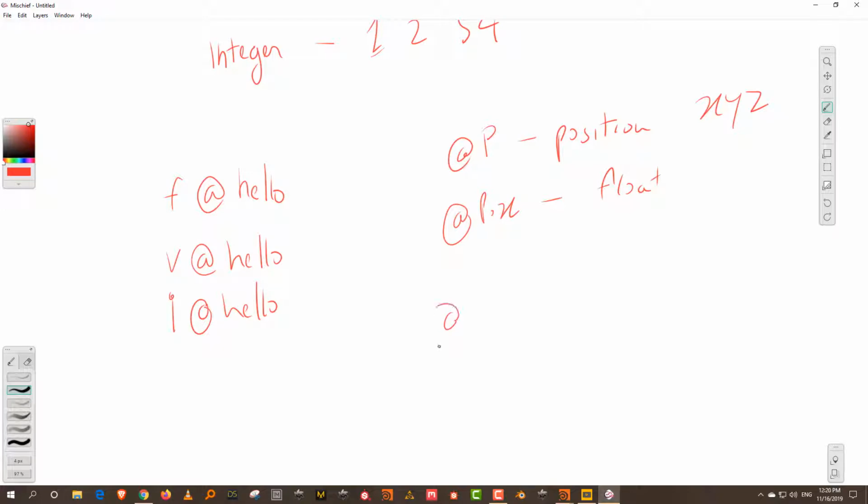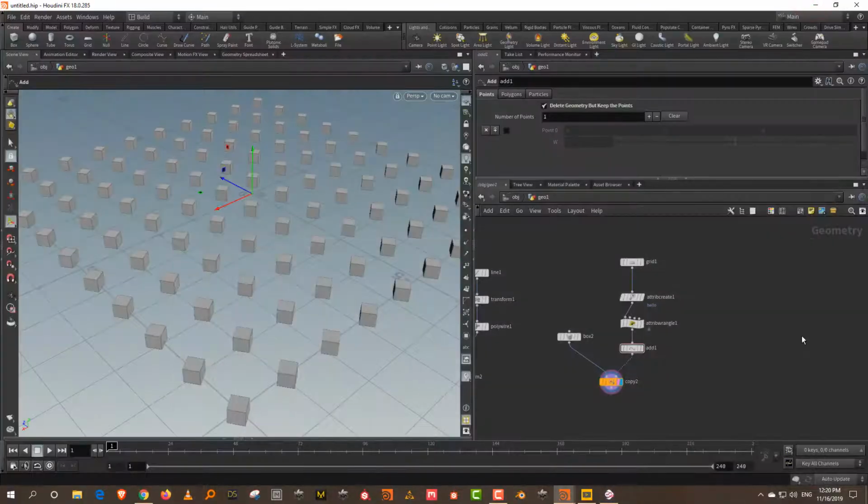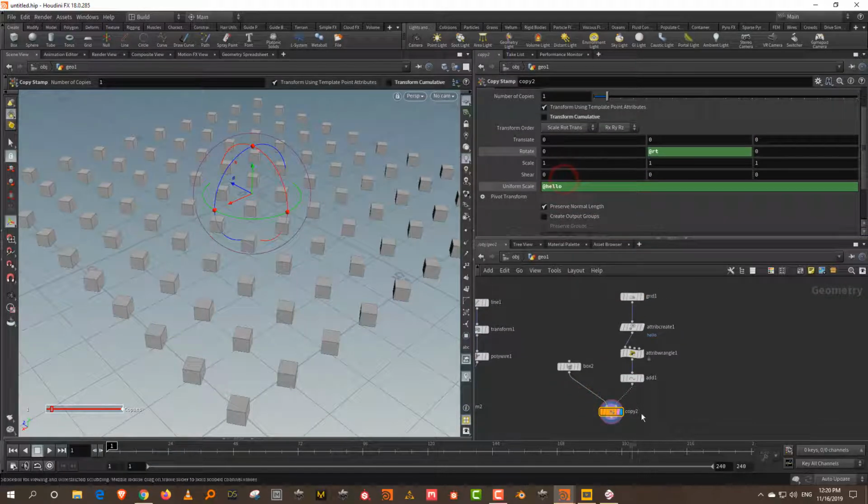If you type in @pscale, this is a float value, and all it does is control the size of your copies. It can also affect the size of particles, but we're not getting into particles as yet. And if a copy tool finds that there is a pscale existing, you don't need to type anything in uniform scale. It will automatically just use the pscale.